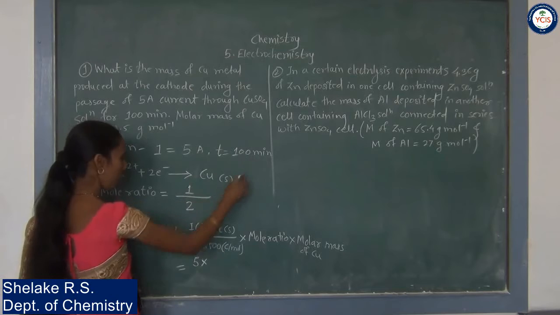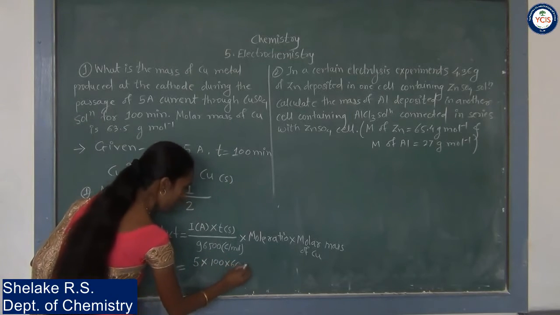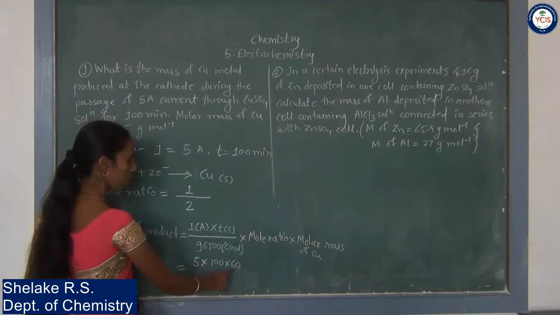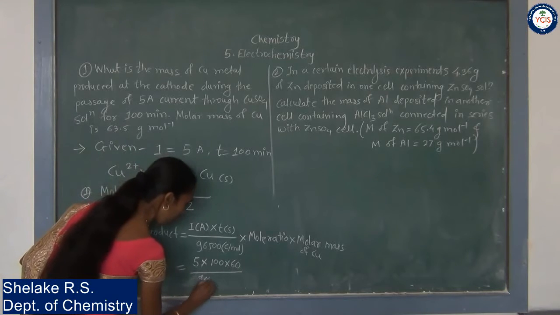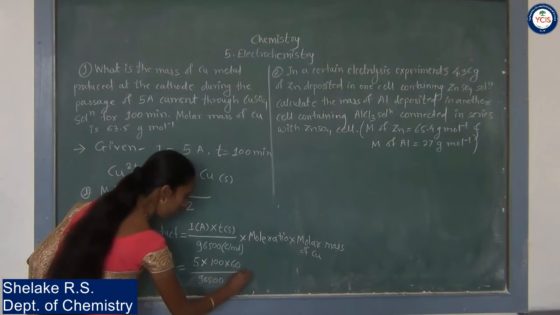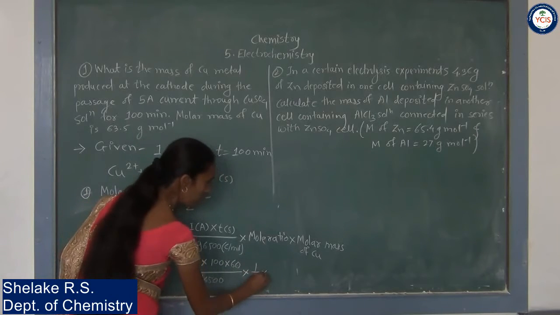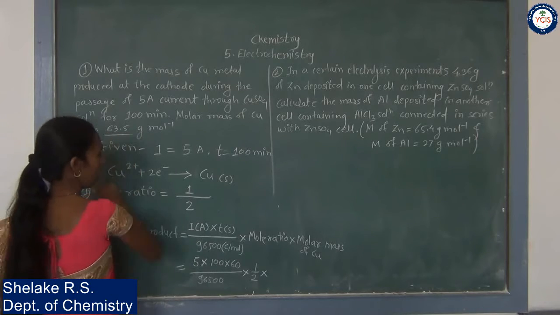Here time is given in minutes. So 100 into 60. 1 minute is 60 seconds, that is why 100 into 60 will convert into seconds, divided by 96,500 into mole ratio, which is 1/2, into molar mass. What is the given molar mass? That is